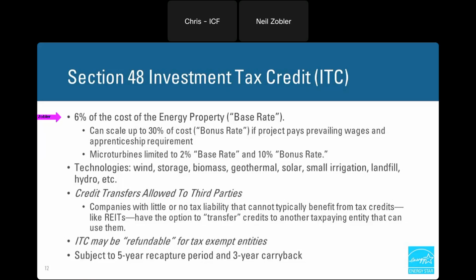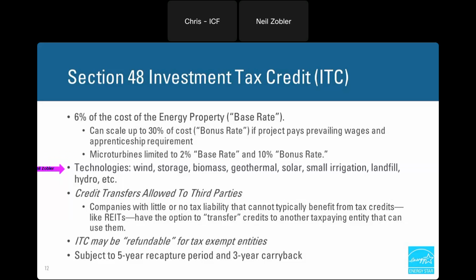So we're starting with a 6% of the cost of the energy project. That's the base rate. You can scale it up to 30% of the cost, which is called the bonus rate, if the project pays prevailing wage and meets the apprenticeship requirements. Microturbines are limited to a 2% base rate and a 10% bonus rate. However, the technologies have been expanded somewhat and now include wind, storage, biomass, geothermal, solar, small irrigation, landfill, hydro, the